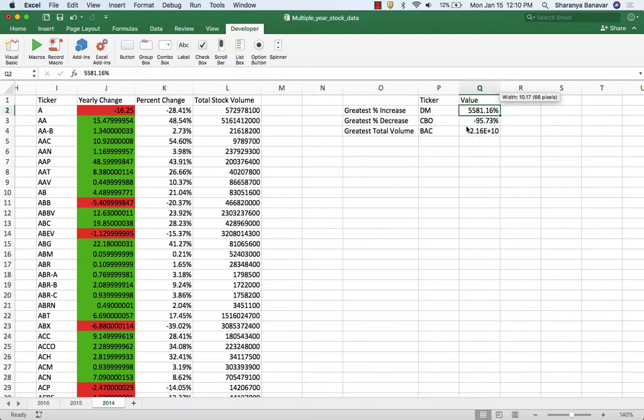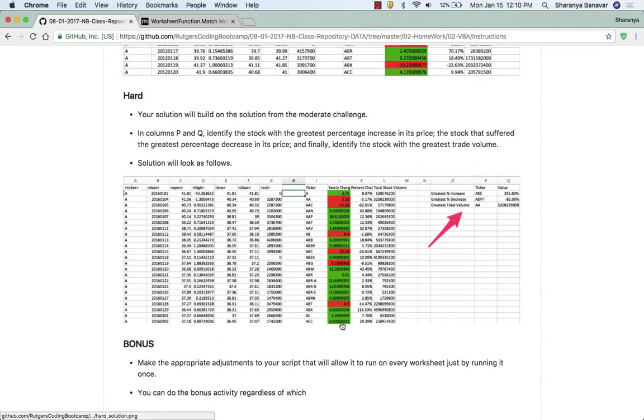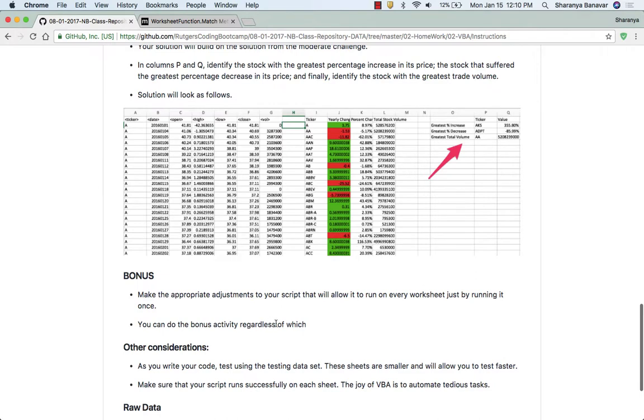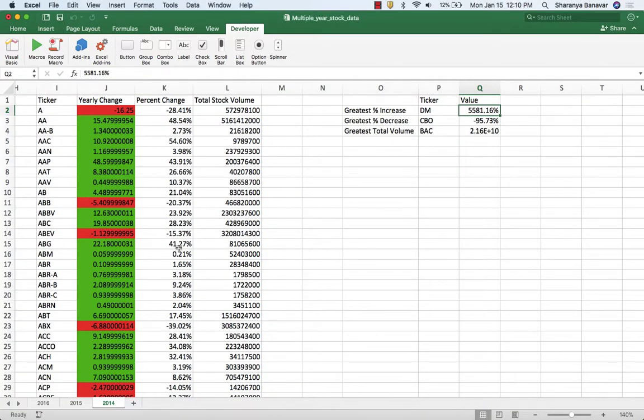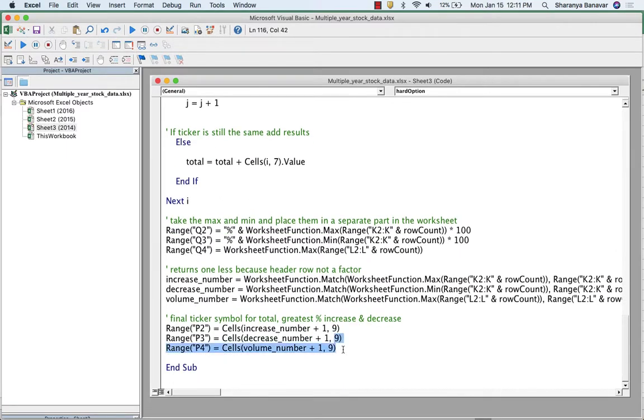And now let's just take a quick look at what we want to do for the bonus. Okay, so we want to just make sure that the script will run on every worksheet regardless, and so just by running it once. So let's switch back, and this is a very easy thing to do. So what I'm going to do is I'm going to